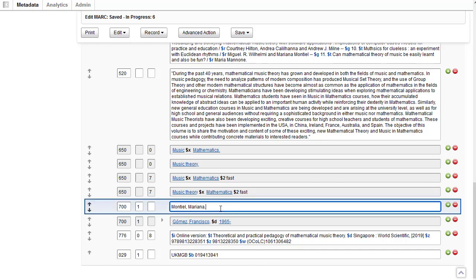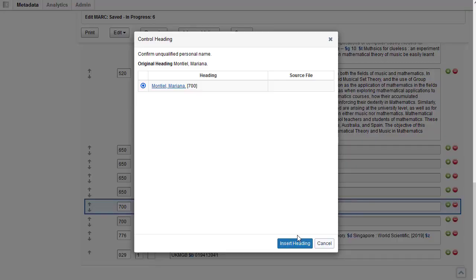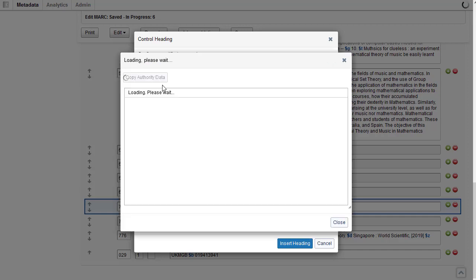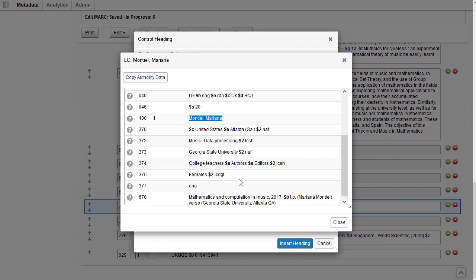So if I go to that field and then right-click and select Controlled Heading Add, you would see a list of possible matches. In this case, there is only one. I can click on the name to view the authority record, and I can see in the 100, there is the name, and it is the same as it appears in my bib record. And I can tell from